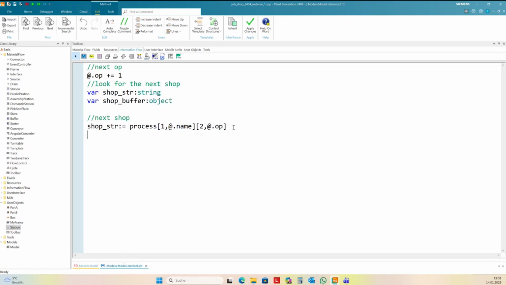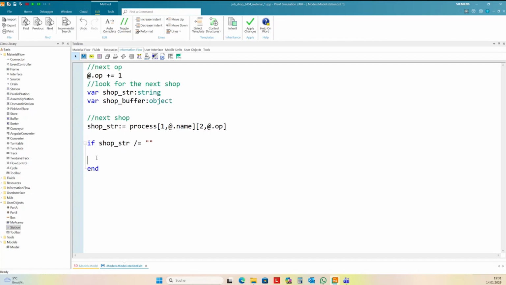And now I have 2 cases. The first case is there's some shop ABC, and the second case is there's no shop anymore on my table, and this means okay, the production is over.